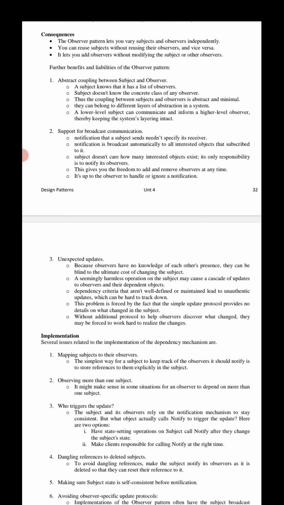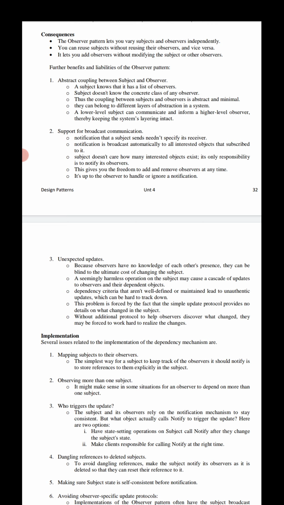It is abstract and minimal because the subject and observer are not tightly coupled, so they can belong to different layers of abstraction in a system. A lower level subject can communicate and inform a higher level observer, thereby keeping the system's layering intact.